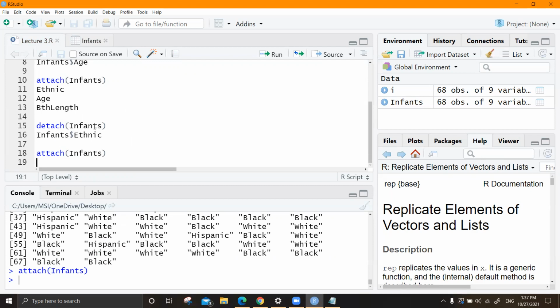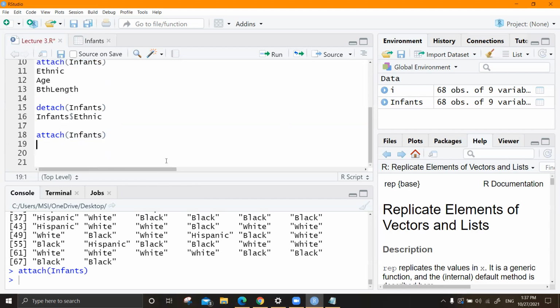The purpose of having an R script, maintaining an R script, is you don't have to repeat the things. You can simply click this and run, right? So just to maintain the flow, I repeated this line here. You don't have to write it here. You can just select this and run. That is fine.